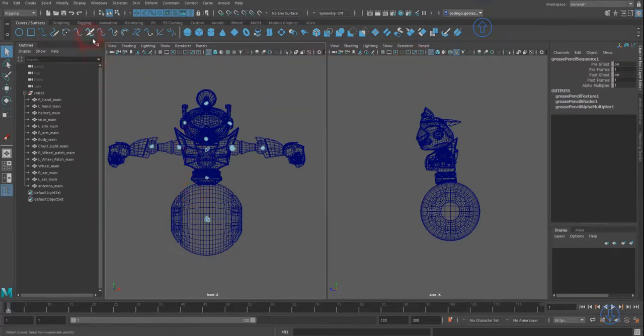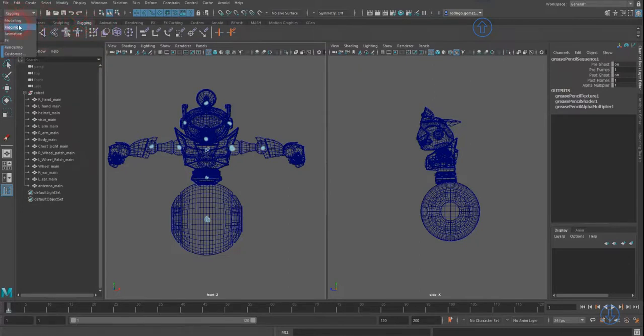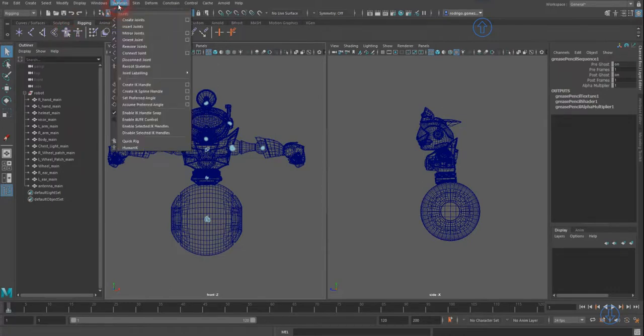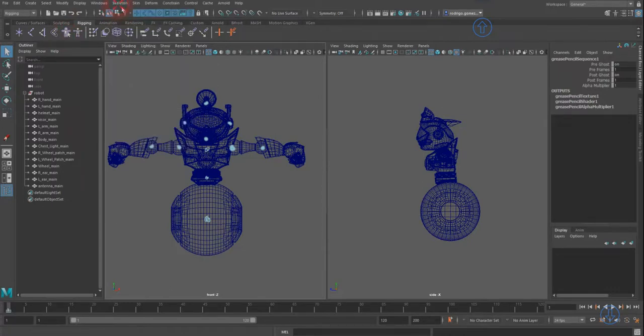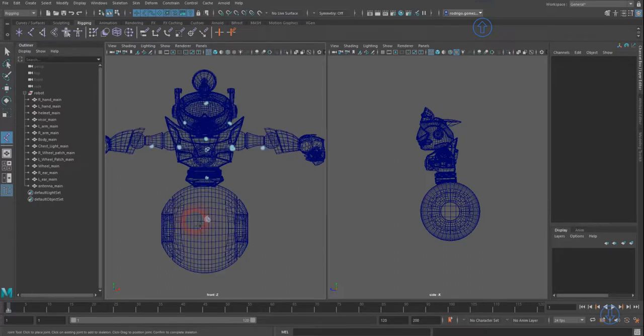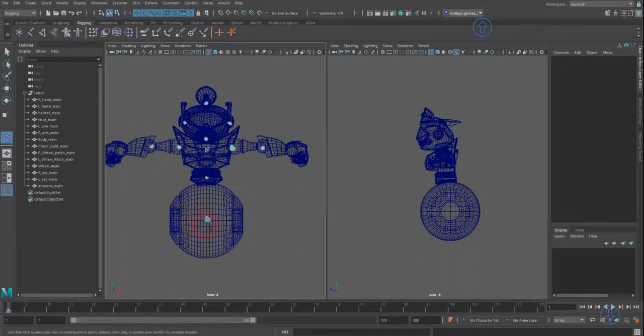I'm going to go to my rigging menu set here. If you don't have it, you can go into your rigging menu set there. And you can go under skeleton and create joints. Or you can use this one to create joints, same thing. I'm going to start by creating joints on those spots. So let me start by putting one right there,